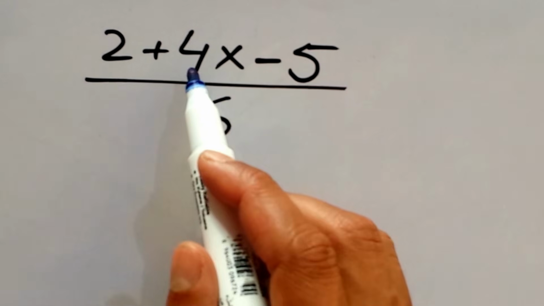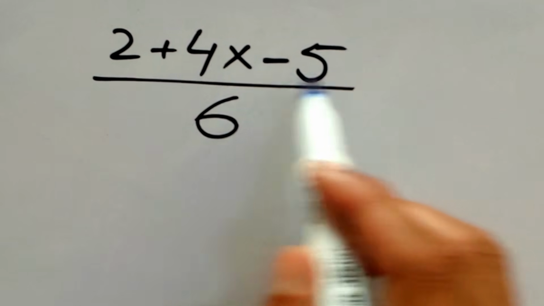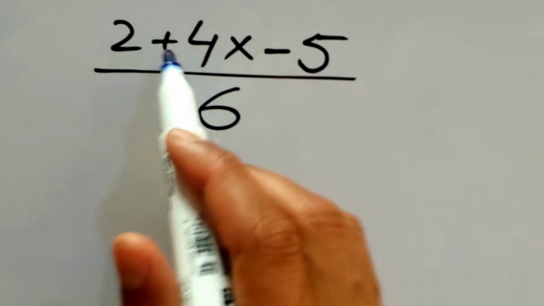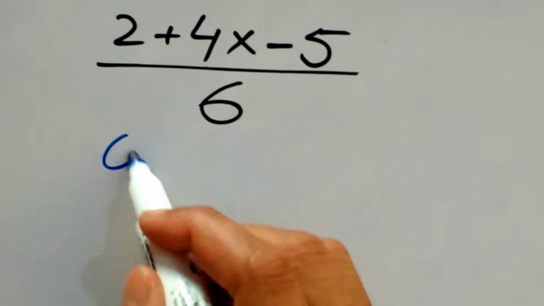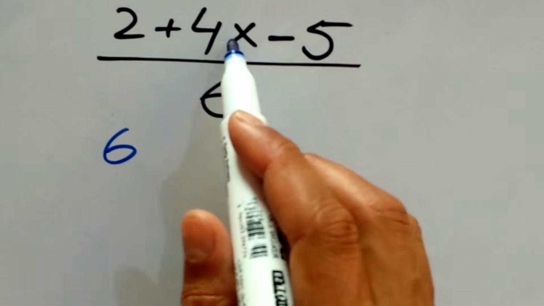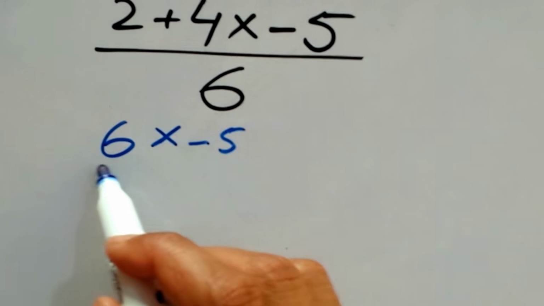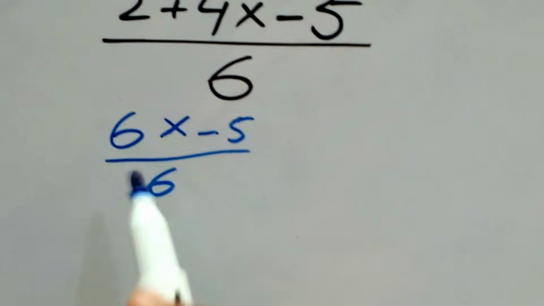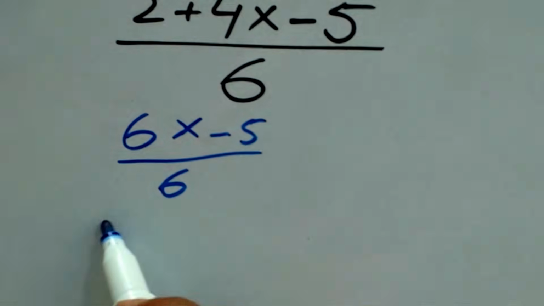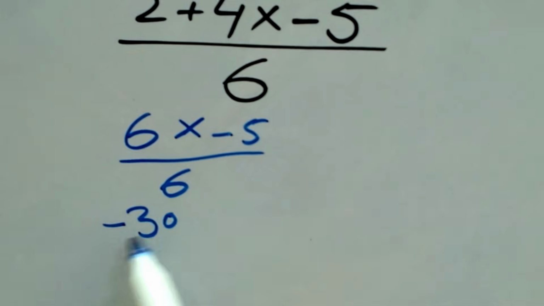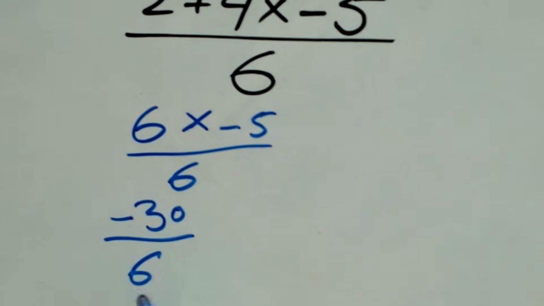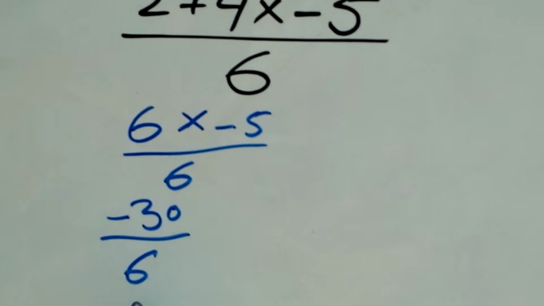We have 2 plus 4 times minus 5, all over divided by 6. 2 plus 4 equals 6, and times minus 5, and all over divided by 6. Now 6 times minus 5 equals minus 30, and divided by 6. Now we have minus 30 divided by 6 equals